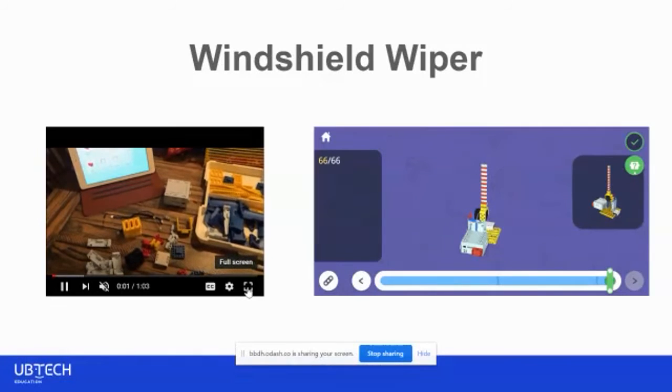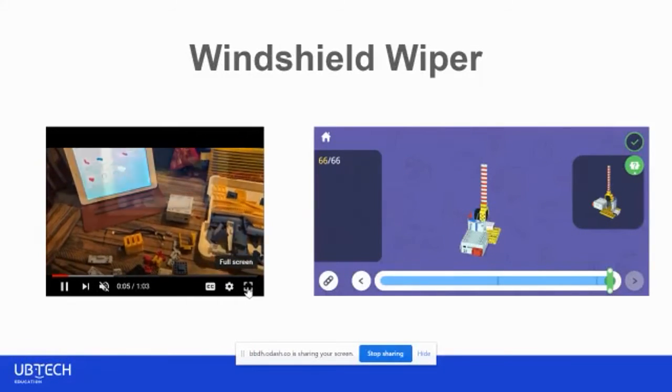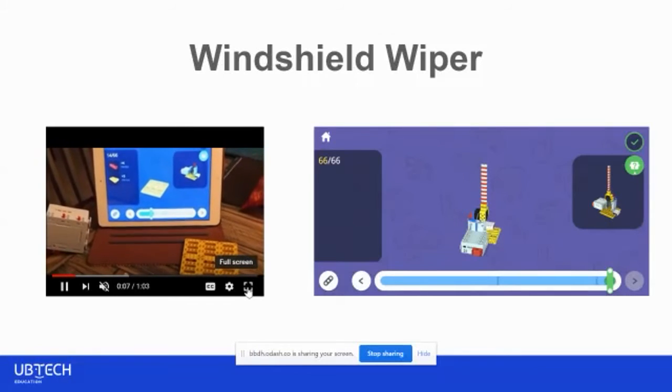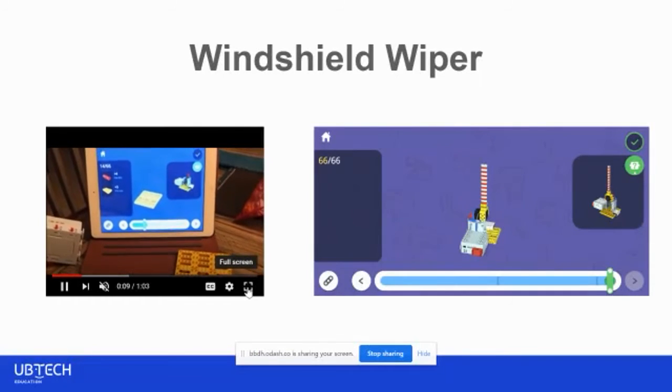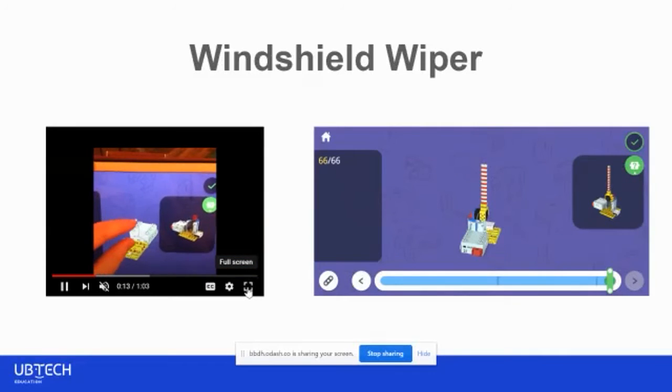Let's see if it'll work. And so you see, I have my iPad set up and those are all of my parts. And very quickly, I'm able to walk through the build. And so it is one of the things that makes it nice is that